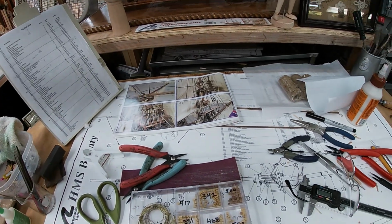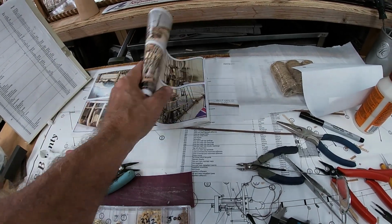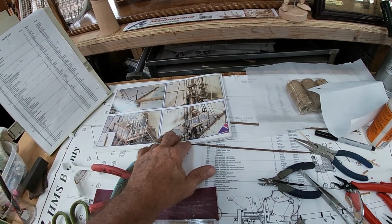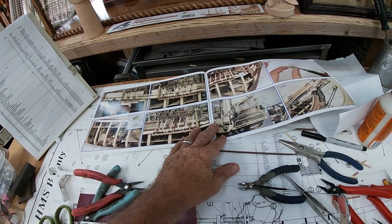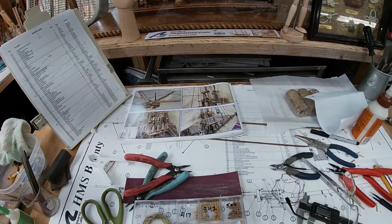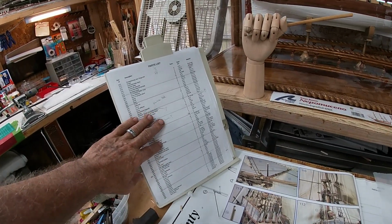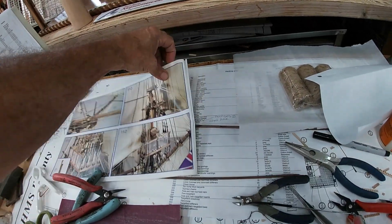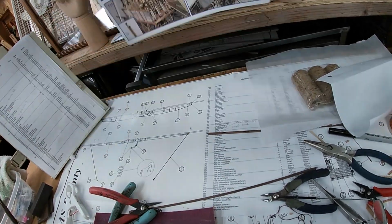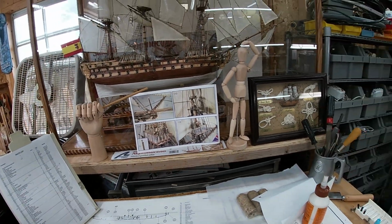So now that the photographs are pretty much almost over with, as far as rigging goes, I got this page here and the last page in the book. Now I'm going to have to depend on the prints and the parts list to do the rest of it. I have no more photographs or things to go by, so